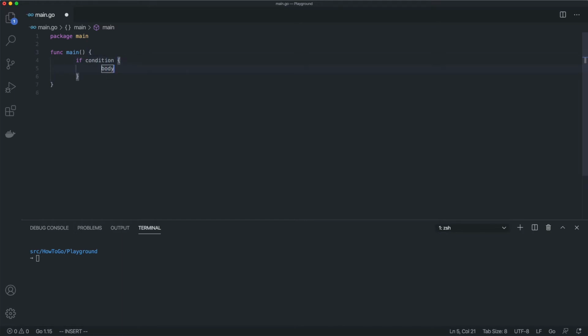The if keyword followed by a condition expression, then followed by a condition body enclosed in curly braces, where the body is executed only when the condition is true. For example,